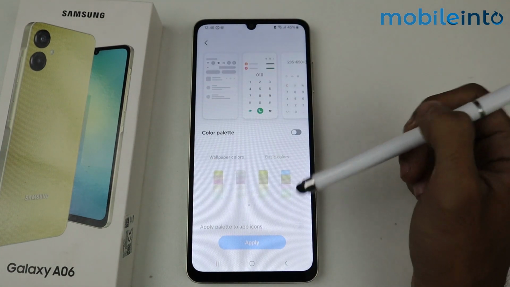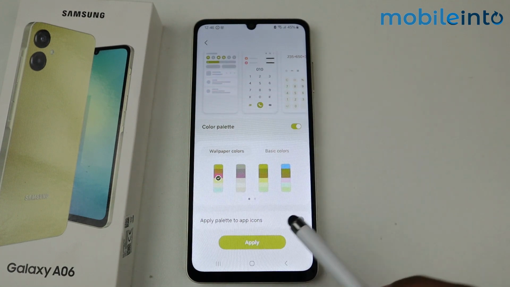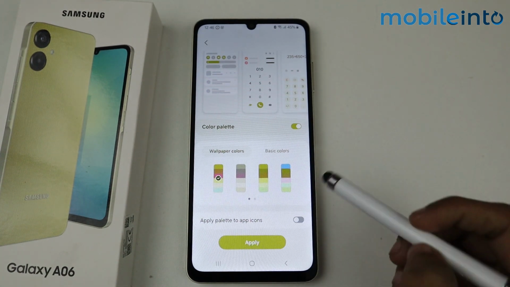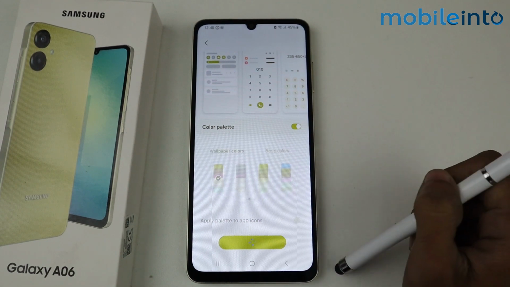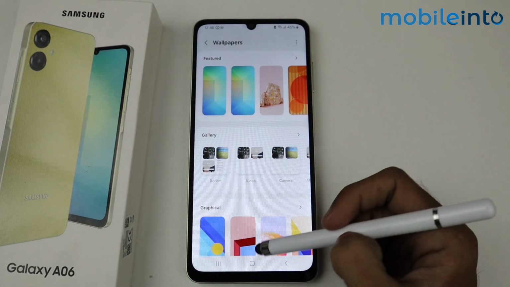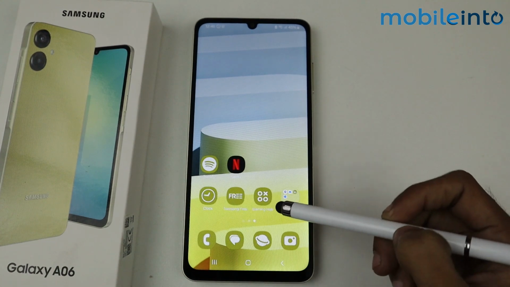In this section, all you guys have to do is enable the color palette option and then we have apply palette to app icon too. So enable this feature too. After that, just click apply. Now it's already applied. Now go back to home and as you see the icon color is now changed